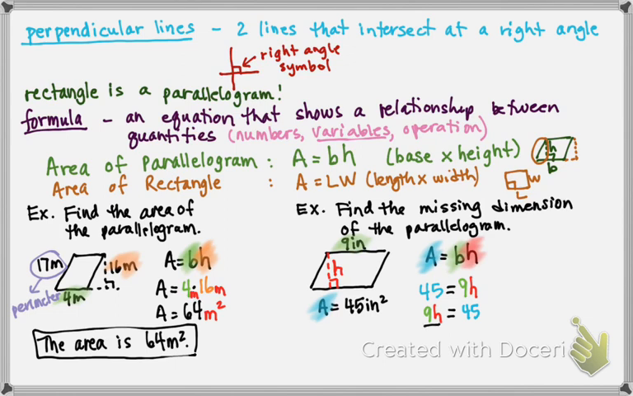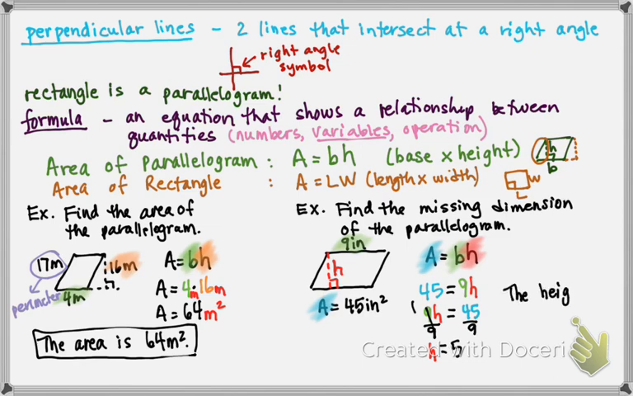And so then the inverse of multiplying by 9 would be dividing by 9. So that's what I'm going to do to both sides. I'm going to divide by 9. Because I know 9 divided by 9 is 1, right? And I have 1 times H is H. So I get H equals, and 9 goes into 45 5 times. So then I would say the height